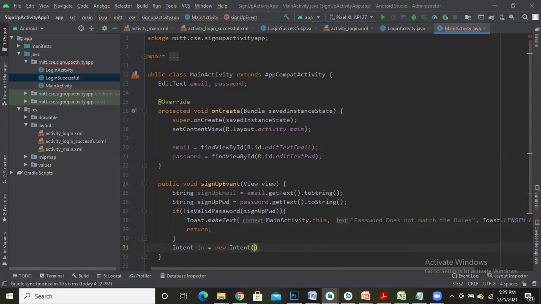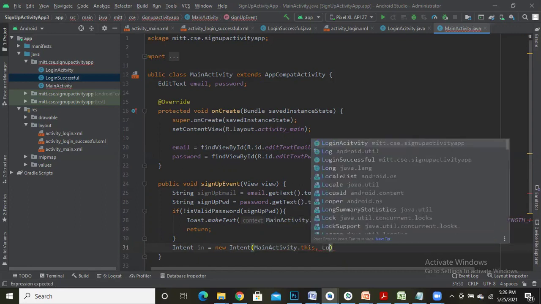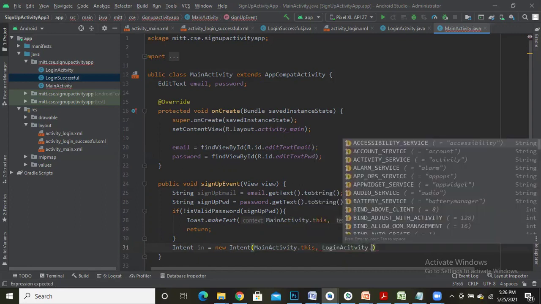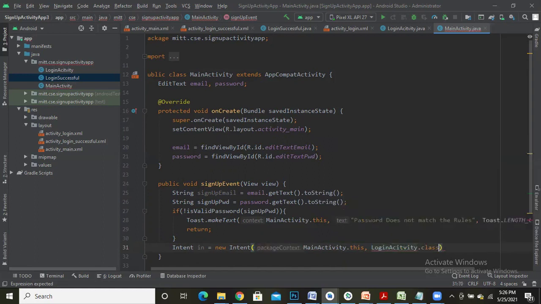First parameter is the current activity, which is nothing but MainActivity.this. Second parameter is the name of your activity where you want to move. The second activity where I want to move is the login activity. So I'll write LoginActivity.class. This is how I'm going to navigate from main activity to the login activity if my password is valid.